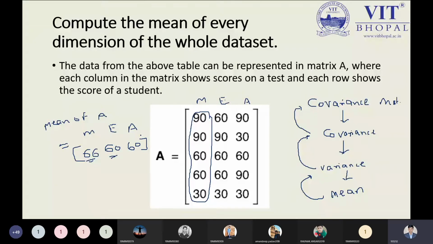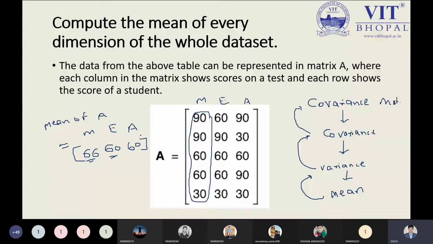And what is the formula? I will tell you in the practical session. Don't worry, I'm just informing you that it is a simple formula. For standardizing your values, you must have the mean first. In the practical session, I will tell you the formula and how we get the values through the Python library. In the Python library, we will get it in a simple way, so you will understand the concept properly.